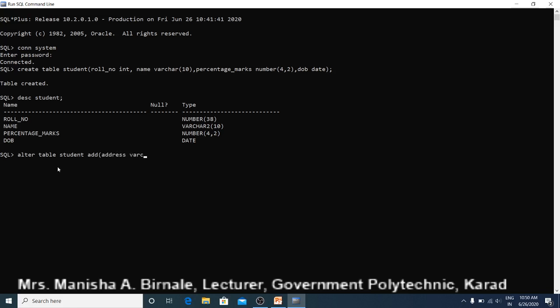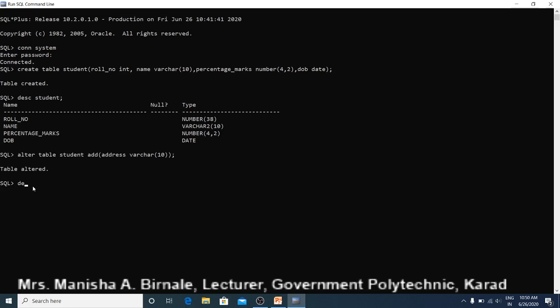Specify the data type varchar. In brackets you have to specify the length of that varchar data type. So we want to add this one column in our already existing student table. Then semicolon. Press enter. So the table is altered.